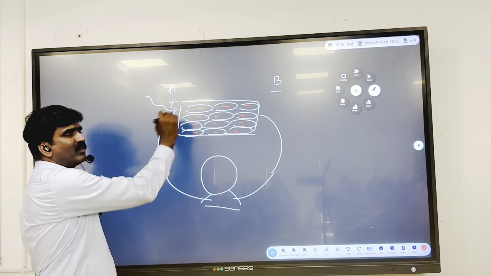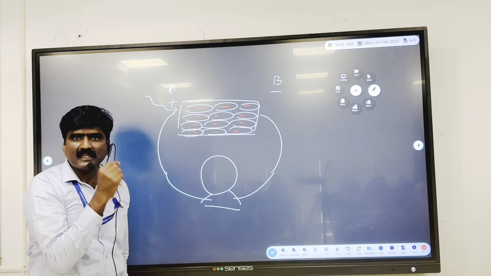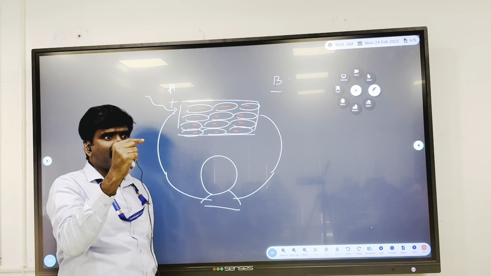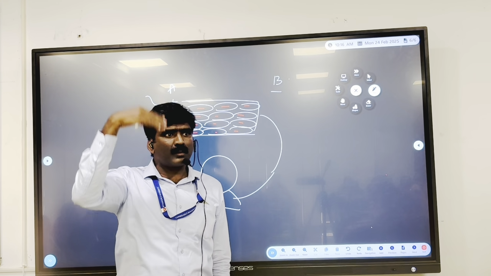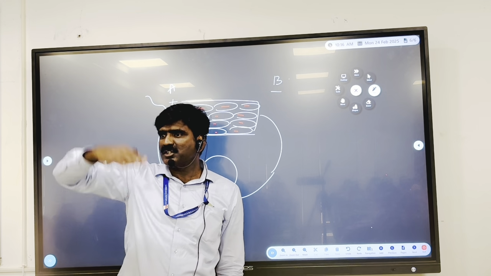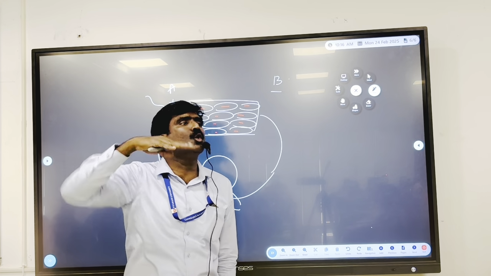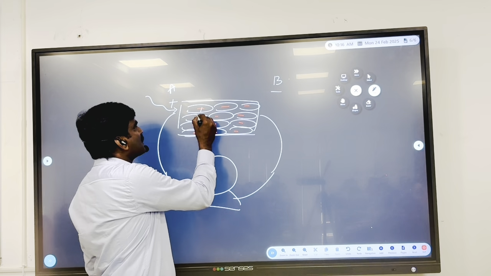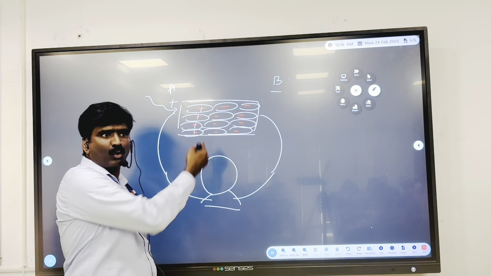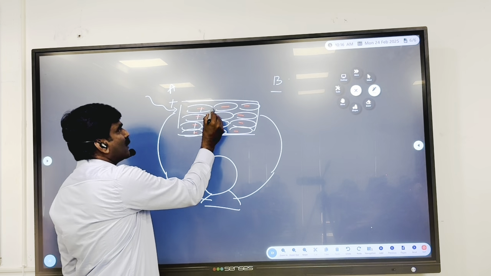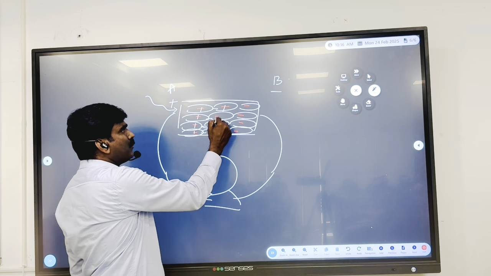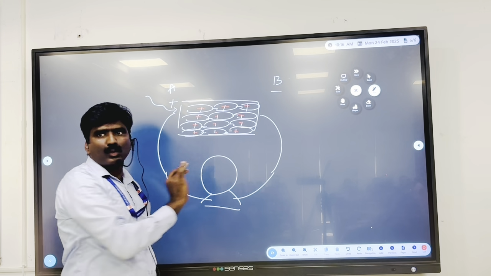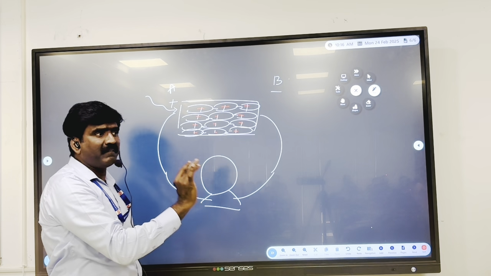So what will happen? Some sodium will trickle into the cell, right? And minus 90 will go to minus 70. When it reaches minus 70, voltage gated channels will open, more and more sodium will enter, and it will become zero. It will become positive. So it will lose the negativity. The cell will lose its negative polarity and become positive. The first row of the cells will become positive, and through gap junction, the second row will become positive. Through gap junction, the third row of the cells will become positive. So what is happening? A positive wave